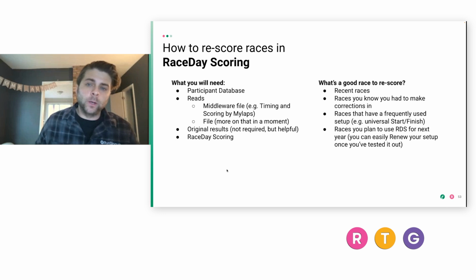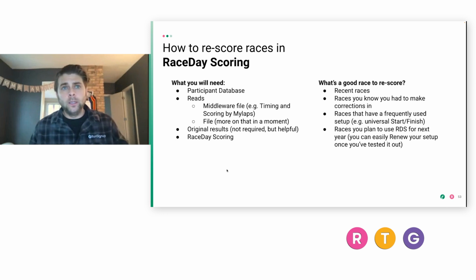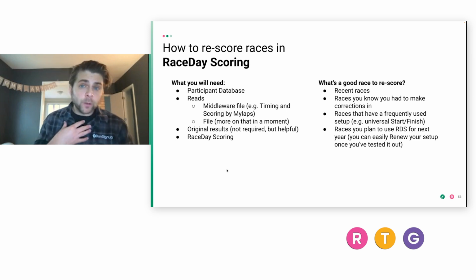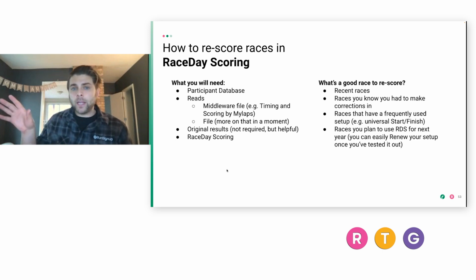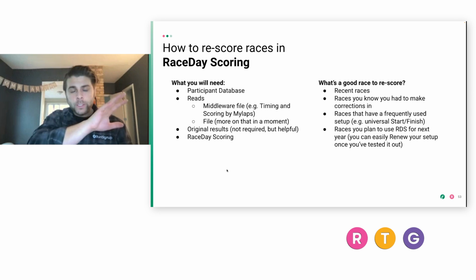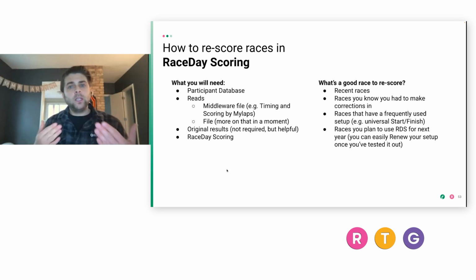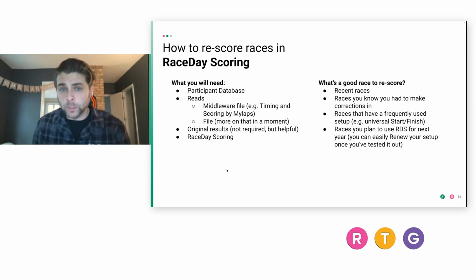And then RaceDay scoring. Some good races to rescore. Starting with the simple one and then getting complex is a really good way to do that. Recent races are my personal favorite because you're going to remember things a little bit better, like, oh, I had to manually add a read here. Oh, this person switched races. Oh, I had this issue here. Because it gives you a reason to actually go and do the moves that you need to do on race